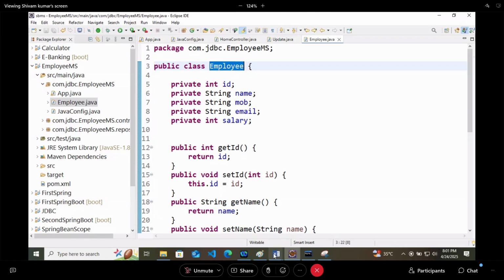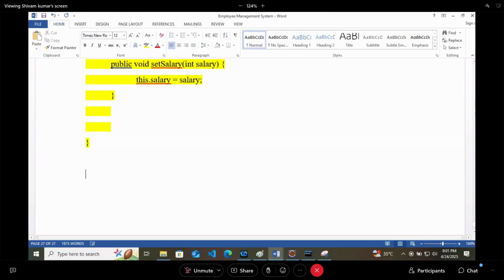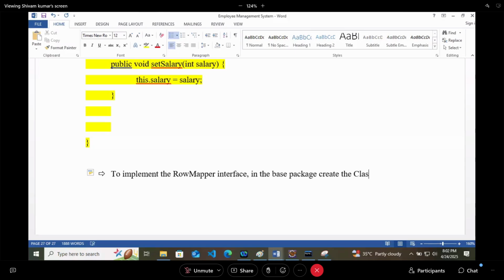So in the next step, to implement the row mapper, because row mapper is a callback interface, we have to implement it. In the base package, create the class as employee mapper.